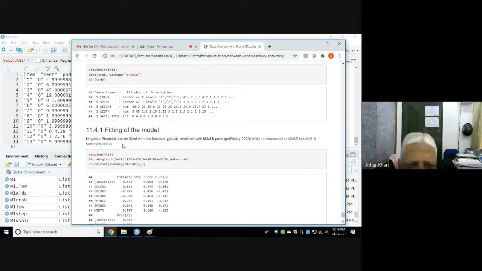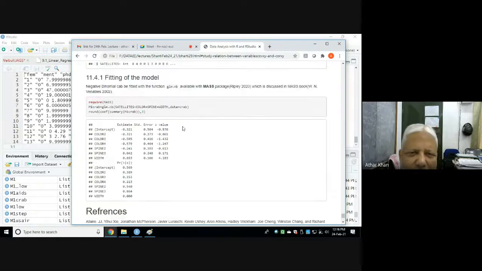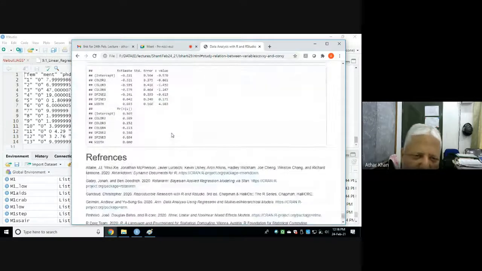The data has been analyzed in the MASS package by using glm.nb, where nb stands for negative binomial, satellite versus color. See here we are getting the p-values. Except width, none of them are statistically significant. And this is the analysis of data contaminated with zeros.